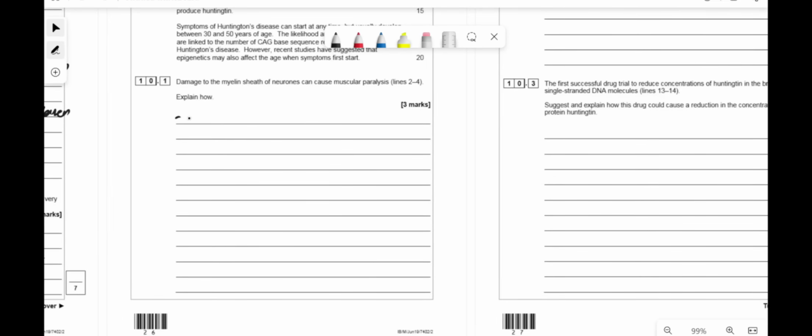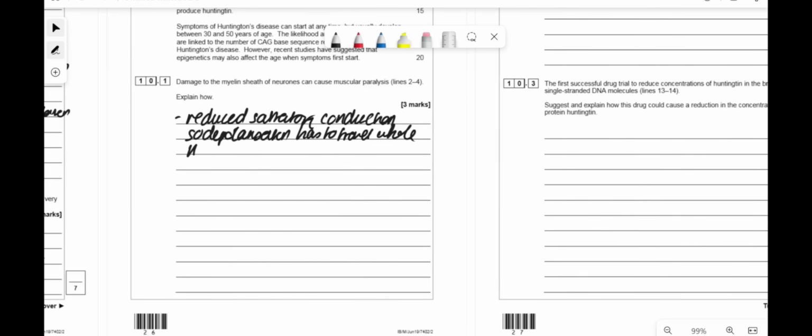So we've got reduced saltatory conduction. So depolarization has to travel the whole nerve length. This means that impulses are slower or stop. Therefore,